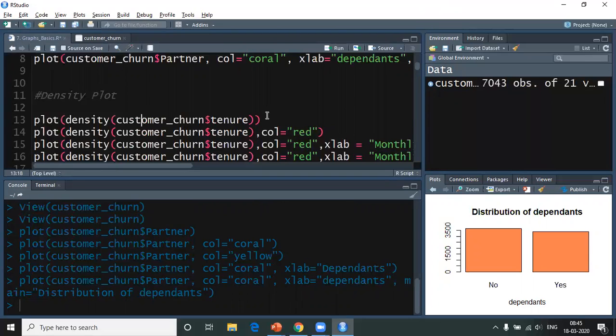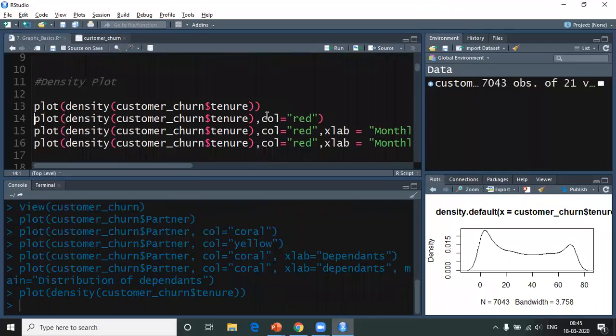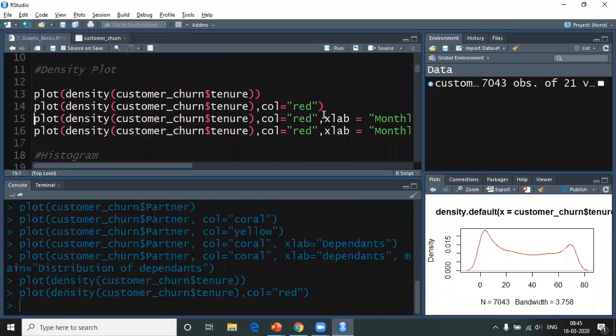All right, so now here I am doing a plot, and here you go. All right, so I have my plot with density on my y. It shows bandwidth to be 3.75. Okay, now the next thing that I would be doing is I would change the color into red, and as you're able to see, the color is now changed to red.